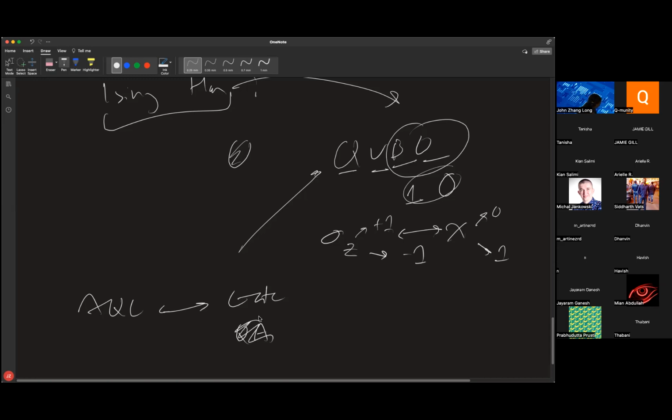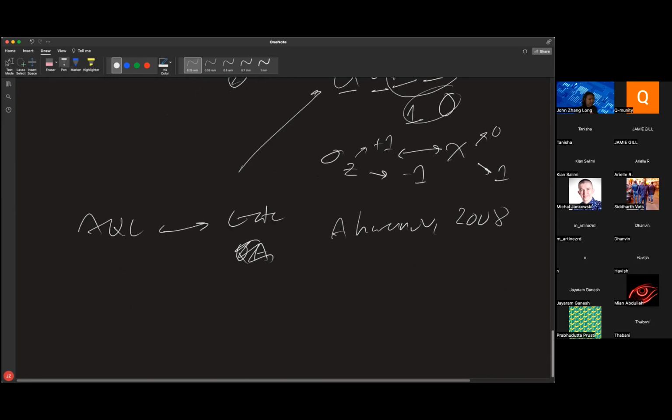Equivalent. Yes. Okay. Yes. The adiabatic. Yeah, so it's by Aharonov, 2008 paper. I should probably put that down. Aharonov, 2008. So they actually did the math and showed that the gate model is equivalent to the adiabatic quantum computing model,